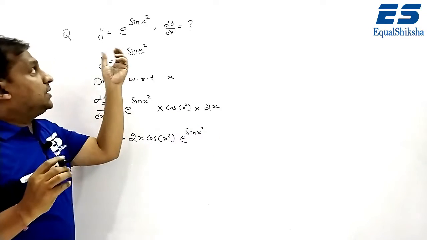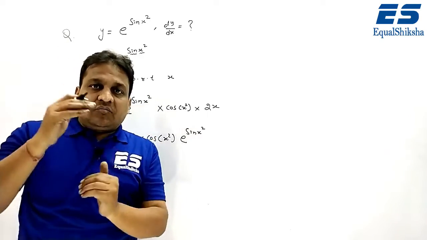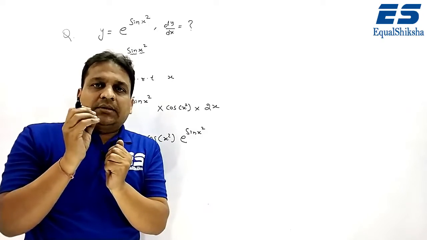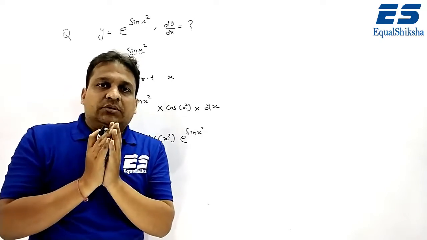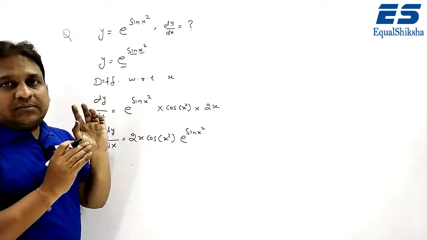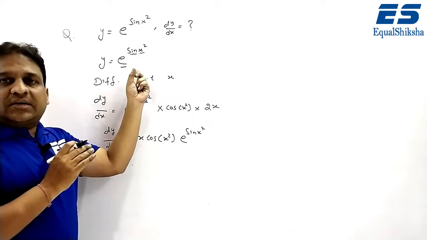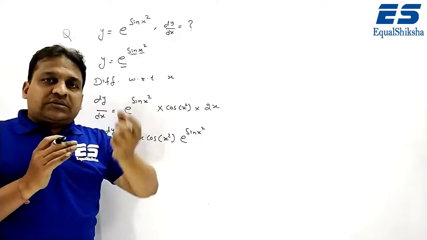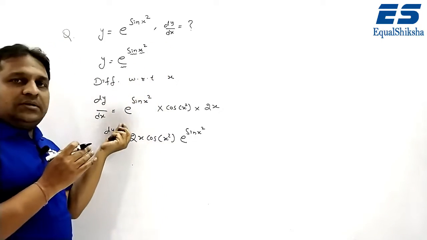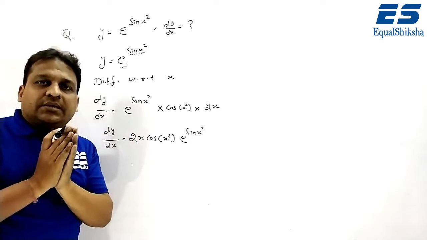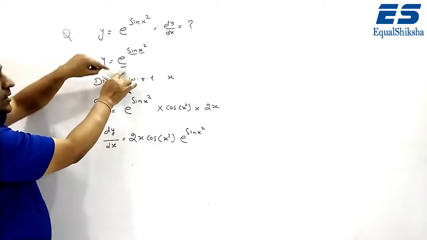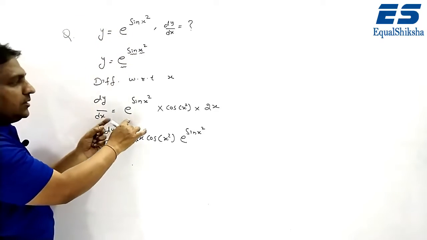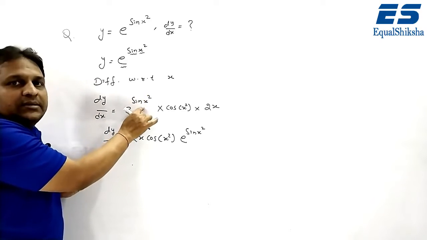तो students आपने देखा, there are three functions of functions. तो इस type के questions को जब भी आपको solve करना है, आपको basically ये ध्यान देना है कि how many functions are given in the question. Here there are three functions. First function is e, second function is sin, and the third function is x square. For finding the value of dy by dx, first you have to differentiate only the first function, and all the remaining functions will be considered as x. For this function e, the remaining function is considered as x. For e to the power x, there is e to the power x. It means this will be considered as x.